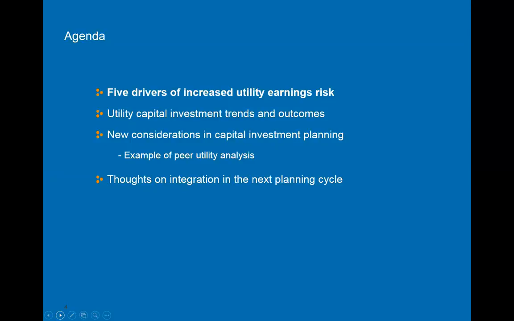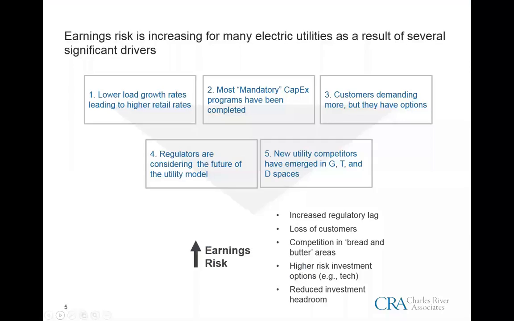Third, we'll talk about how the external lens is becoming increasingly important in utility strategy and planning, understanding your peers, competitors, new technologies. And we'll provide a short example of peer rate analysis that we did. And then finally, we'll present some thoughts on how you might integrate these ideas into your own business planning process. So with that introduction, let me turn to the first slide.